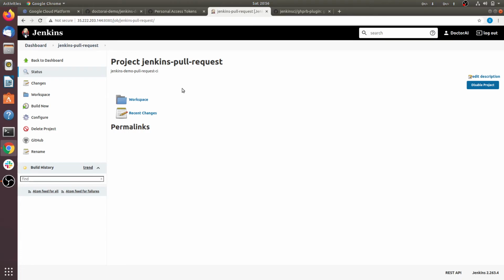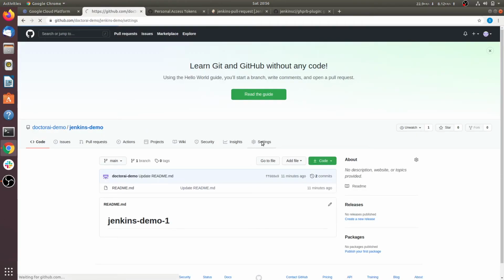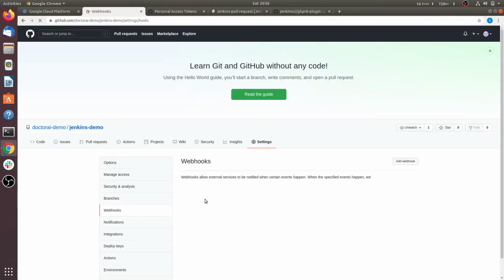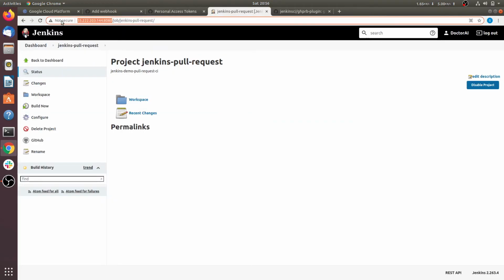Now our pull request job is created, but how can we configure GitHub so that GitHub will send the event to this job? We have to add one other webhook for this job. Go to settings, webhook, add webhook, give the URL here, copy the Jenkins URL.